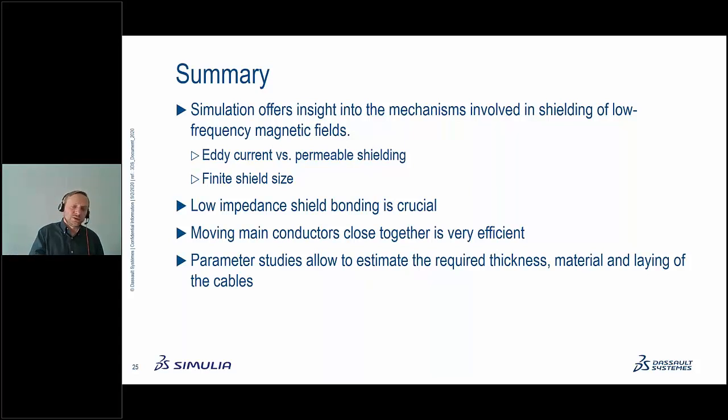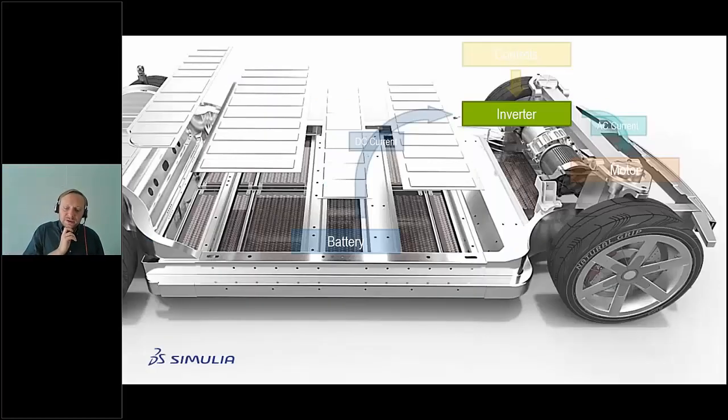And these models, again, as you had the question about the simulation time, when you have a really fine resolution to see also the currents inside the shields, it takes maybe 2 to 3 hours. If you do just a rough estimation, which already gives you a pretty good answer for comparing these results, you can do it in 10 or 15 minutes on a laptop when you are not really looking into the finest details, like how the field looks inside the conductor or things like this. If you just want to calculate the magnetic field, it can be done in a few minutes. So that's my part about the